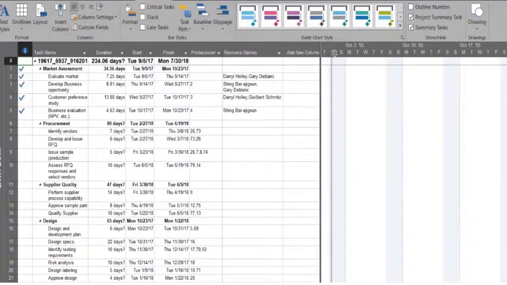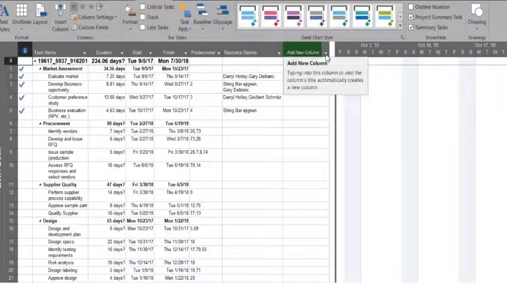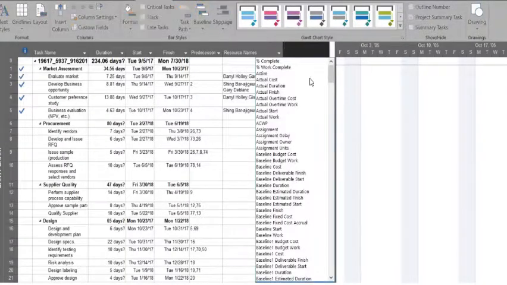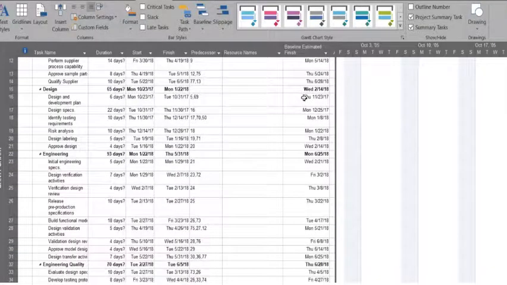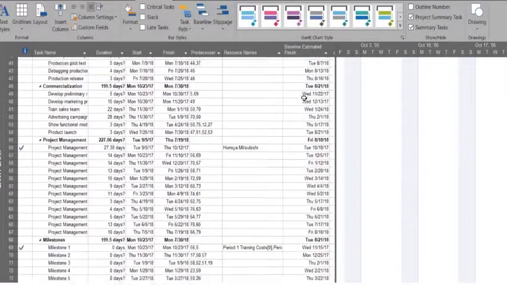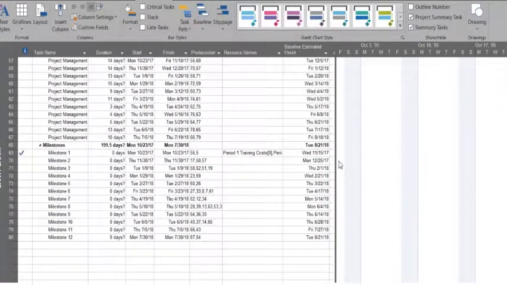So let's see what the baseline information is. If we click this, add a new column, and add baseline estimated finish, it actually brings up the plan. So again, this project is due by the plan to be done August 21st. And if we want to see the date for that first period that I showed in the first screen, all we do is go down to the milestone. The milestone for period 1, we should have finished Wednesday, 11:15. And this student finished on the 23rd of October, a few weeks early.